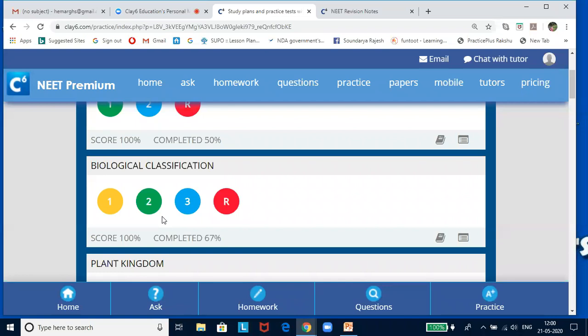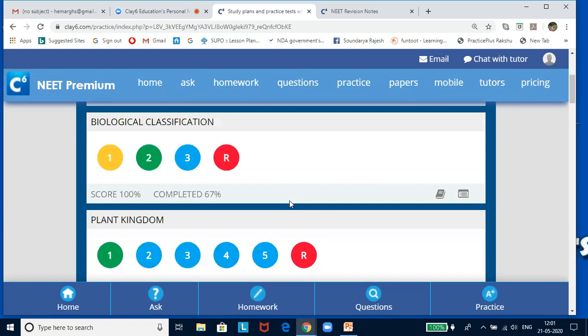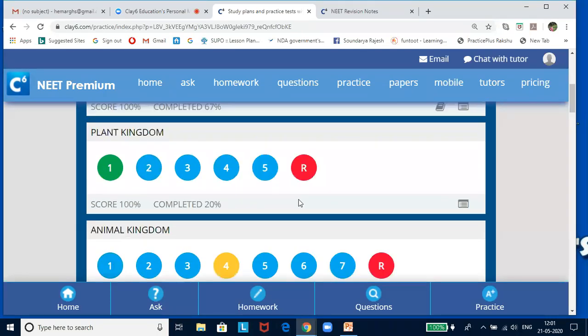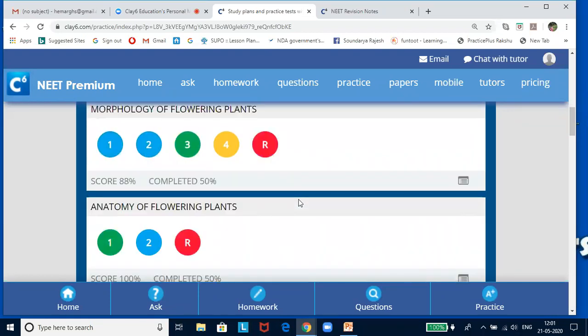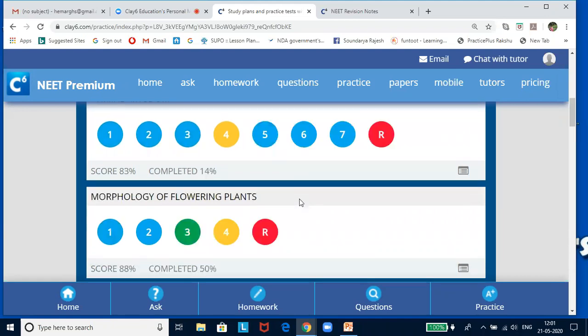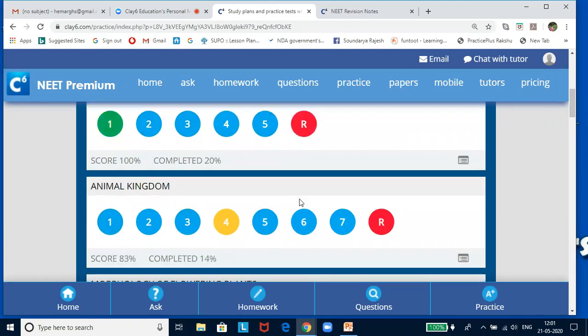This R bubble is a randomized test. Once you have completed all the given tests here, this test will show you that when you take this test, it will help you to revise quickly. And if you see, each chapter has got many number of tests, and it is dependent upon the complexity of the chapter in the textbooks, and also depending upon its importance in the examination. The tests have been arranged for.